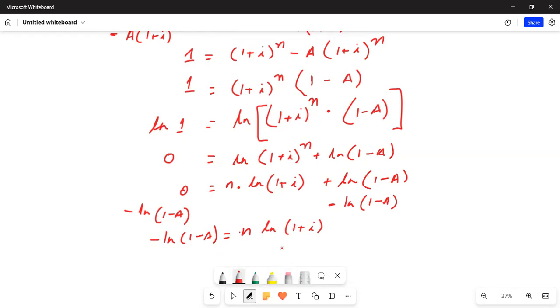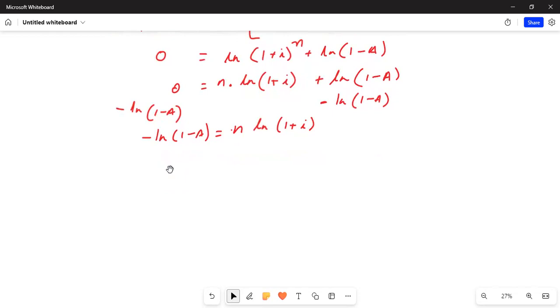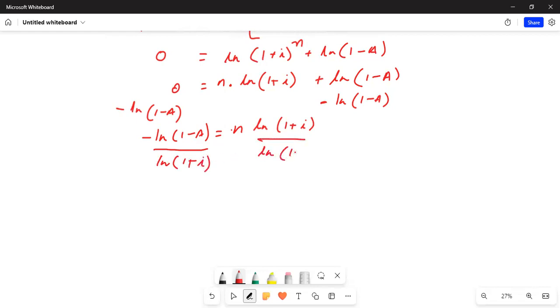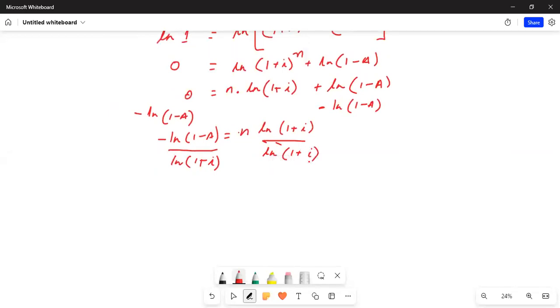Now what will I do? I will divide by ln (1 plus i) on both sides. So basically I have minus ln (1 minus a) divided by ln (1 plus i) is equal to n. So I have found the solution, but I have to plug in the values. So therefore n is equal to